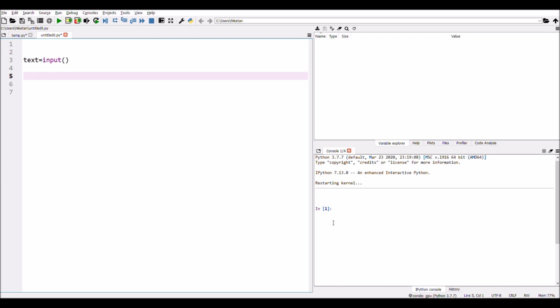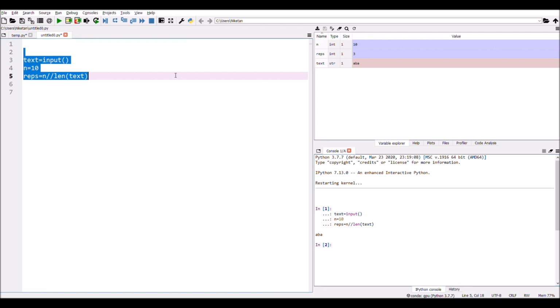As we know, ABA repeated 3 times gives 9 characters, ABA, ABA, ABA, and if we repeat it one more time, the length becomes 12 characters. We do not want that, so we repeat it for the integer number of times. So we find that reps equals n integer division len of text. Let's check what it returns.